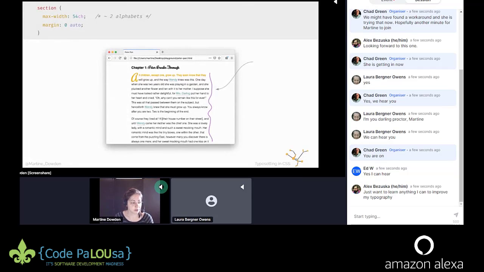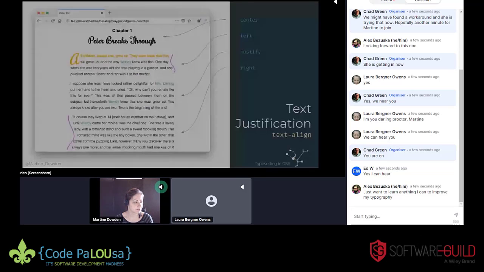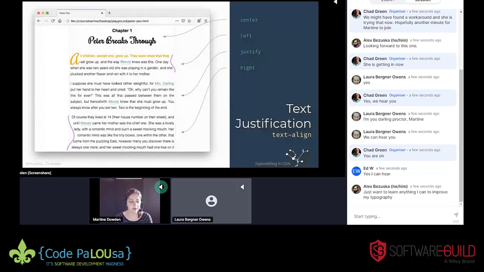What we can also do with our text is determine, okay, we have our pretty drop cap, we have our pretty links, we have decided what our line length is going to be. How do we want to make the paragraph visually look on its edges? So we have a couple options here. We can do center, we can do left, justify, and right. The thing is, the easiest to read is always going to be left